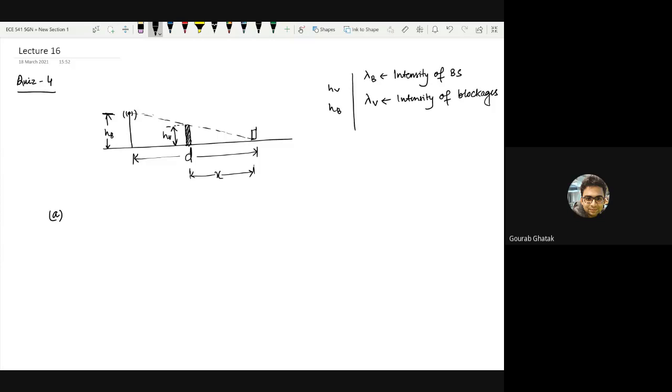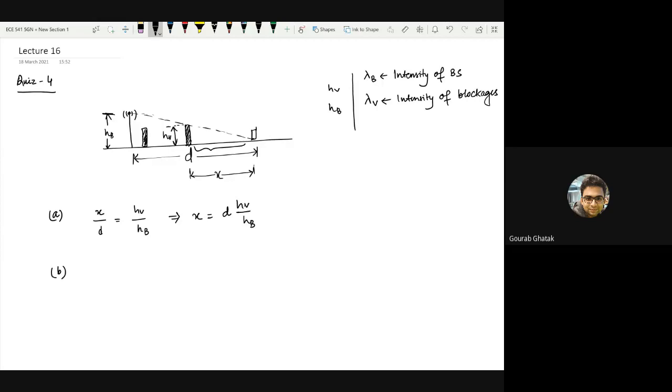Right. So this should be fairly obvious to you. If you directly look at the figure, you see that if a blockage is present here, it will not be blocking the link between this user and its base station at a distance of d, right? It's only within this distance that, if a blockage is present, it will create a blockage, right? And if you go back to your basics of similar triangles, we have x by d is equal to hv by hb. So this implies that x equals d times hv by hb, right? So that's fairly straightforward, and that's very easy to do.